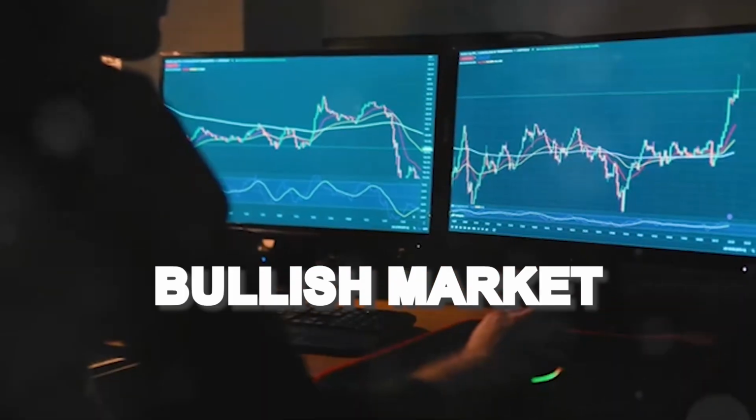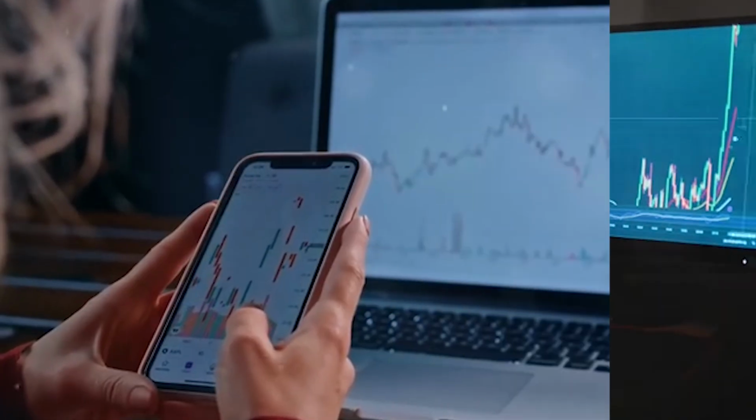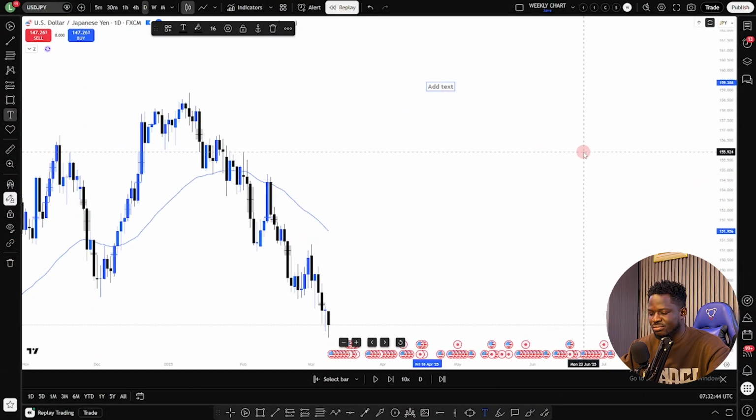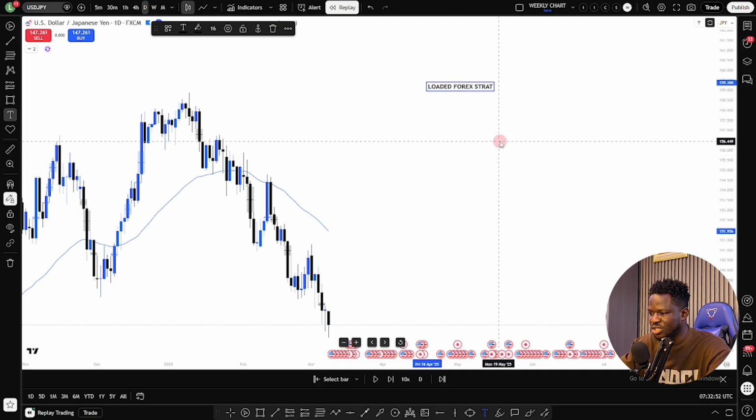How to use support and resistance to analyze the market, how to trade during the bullish market when the price is going up, and also how to trade when the price is falling. There is a simple formula we always use, which is called the Loaded Forex Strategy